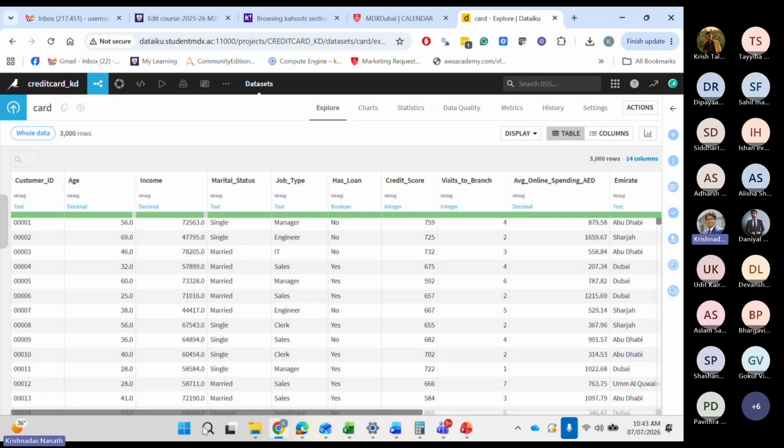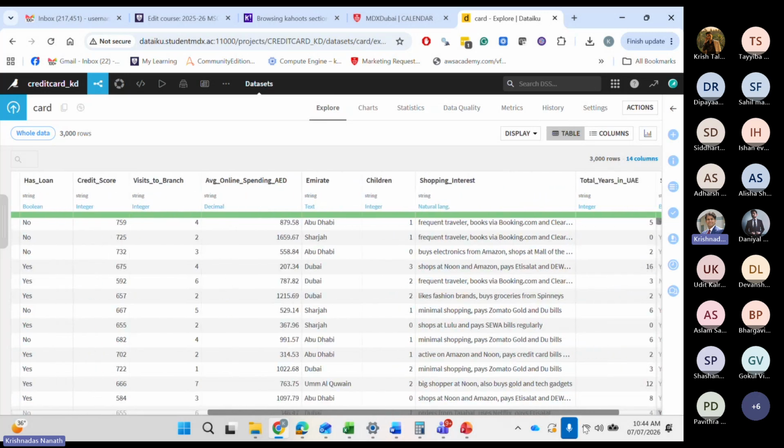Credit score? Yes, possible, definitely. I mean, that's the spending behavior. Visits to the branch? I don't think so. I mean, does not truly represent a shopping behavior of a customer. Average online spending? Yes, definitely yes. That's a strong variable. But again, I will have to be careful about any correlations, which I'll see later, to make sure that I don't plug in two variables which are almost the same. So I would be a bit careful, but yeah, definitely one of the strong candidates.